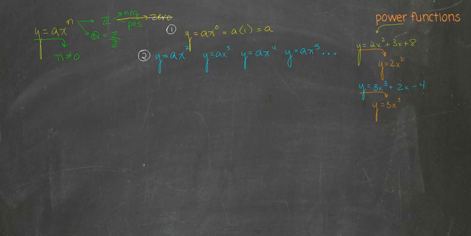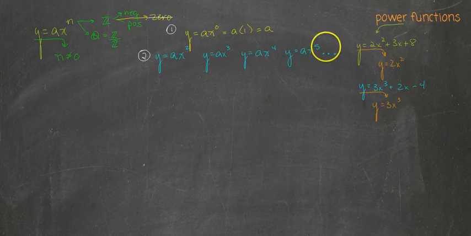Well, it turns out that when we eliminate these other terms from a quadratic or a cubic or from a polynomial, when we take only the power defining monomial,